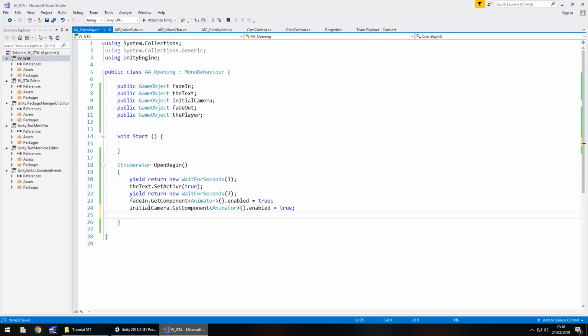Now our fade out is going to be over the course of, I think it's about maybe 2 seconds. So to allow the camera to flow smoothly, I want the fade out and the camera to end their animations at the same time.